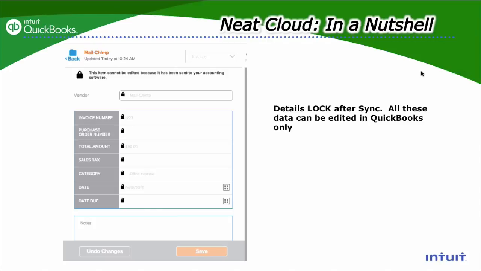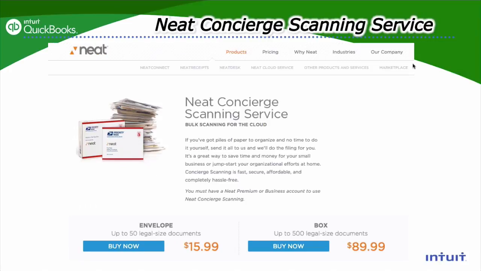And if you need to make changes to it, then you would do it in QuickBooks Online itself. And this is just from their website. I took a quick screenshot of their Concierge Scanning service. So this would be beyond the actual app itself. This would be, you would pay per